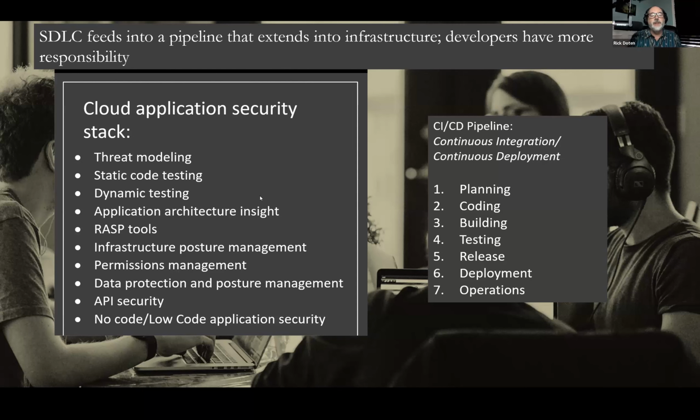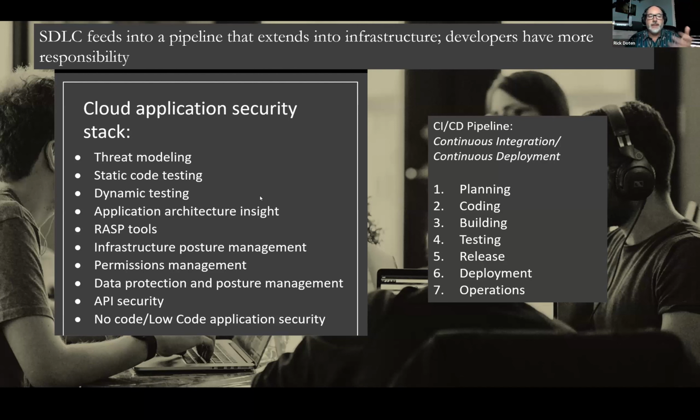So if we look at the stack over here, when we talk about development, threat modeling is number one. I'm so happy that the cloud brought threat modeling back from the dead. We were doing threat modeling in the early 2000s. Microsoft published a book about it in 2005. It had a little bit of a heyday in the late 2000s, and then it kind of went by the wayside. But threat modeling is doing a paper-based risk assessment of all the assets, the access entry points, and the access levels into everything, to do a design risk review before you write any code.